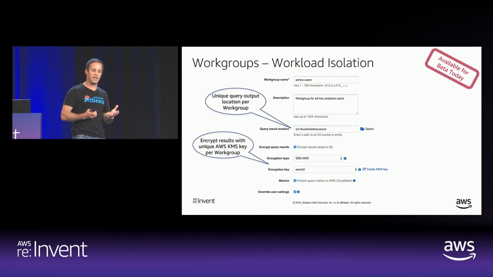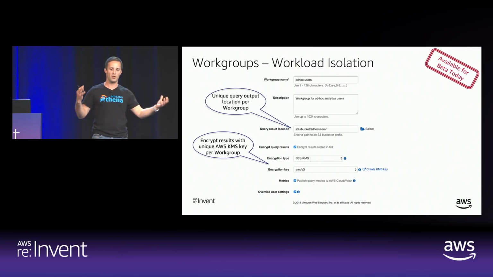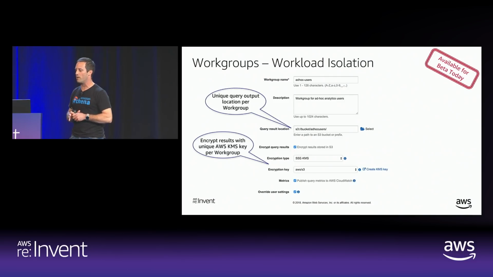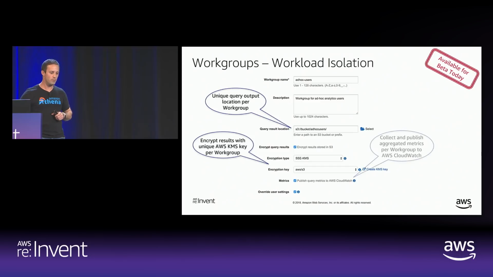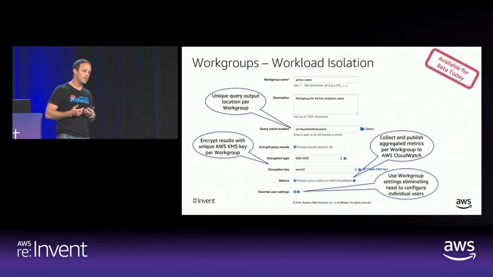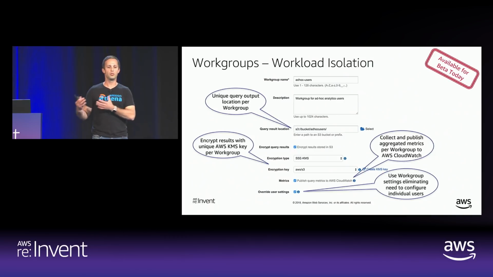The other one, I can also set KMS keys. So if I have different users of work groups, and each one of them has different KMS key requirements, we can define it independently here per work group. We can publish all of those metrics into CloudWatch, like I said before, and I'll show you a screenshot of that. And then the last one is the data engineer now has the ability to override all user configuration with the work group,